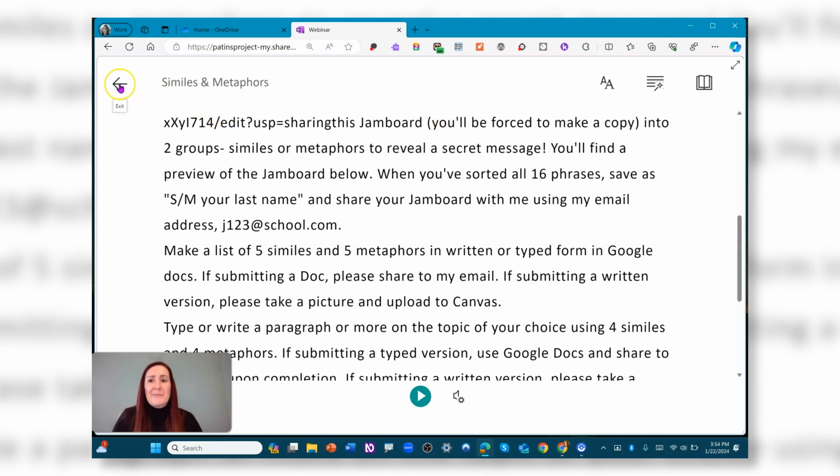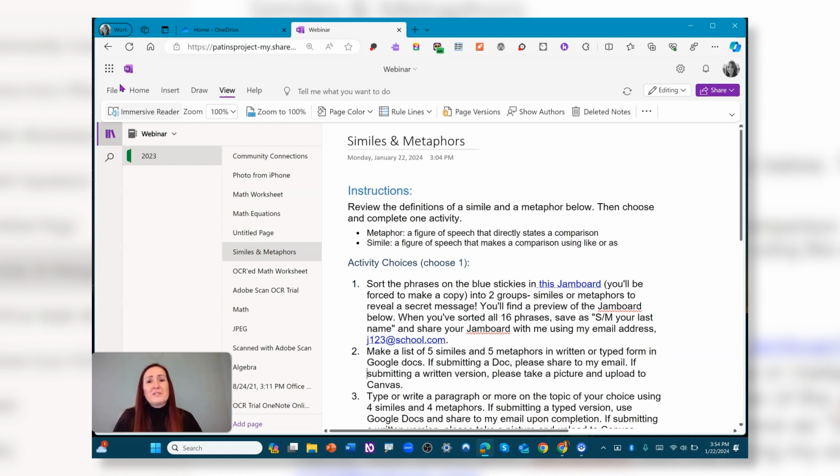All right, I'm going to click back into OneNote in the upper left, and I just want to highlight that Immersive Reader will also work in OneNote for any docs that are taken a picture of and sent to OneNote using the Microsoft Lens app, and that's free for iOS and Android. I highly recommend a download. And if your students are using Immersive Reader and a third-party tool like Canvas, Schoology, or Flip, their experience will be much the same as we've seen today.